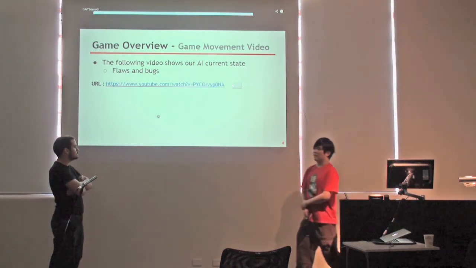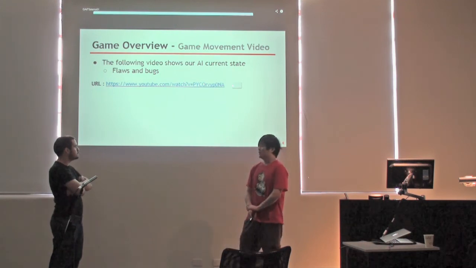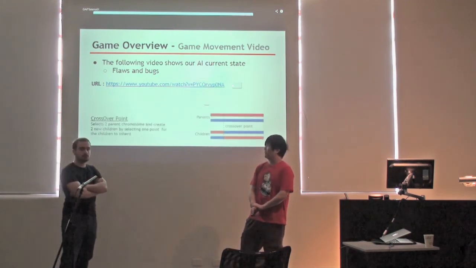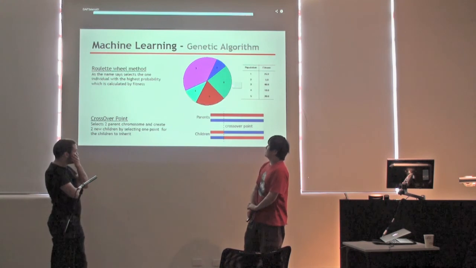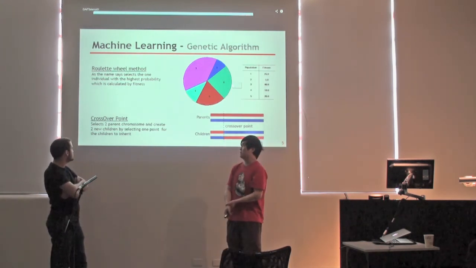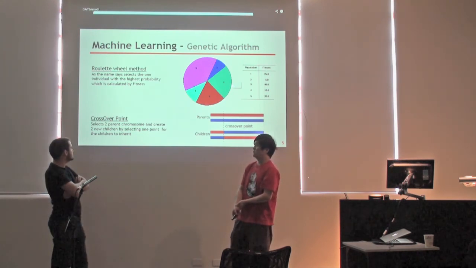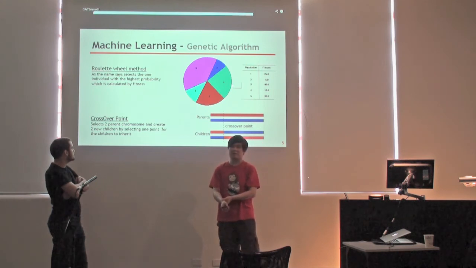So our current AI state has lots of flaws and bugs right now, so we can't really demonstrate it properly at this point. With our genetic algorithm, it's pretty much been explained through the previous presentation, but I'll go through some of the methods we use to help mutate